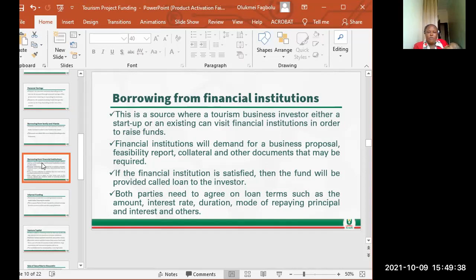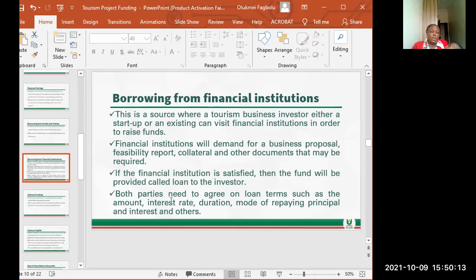But if when you borrow money from them and they start running after you, calling you before you pay back the money, when you go back, they might not be willing to lend you money again. So the best bet is that when we borrow money, it's important that we repay. And also it will attract terms and conditions such as amount, interest rate, duration, mode of repaying principal and interest,